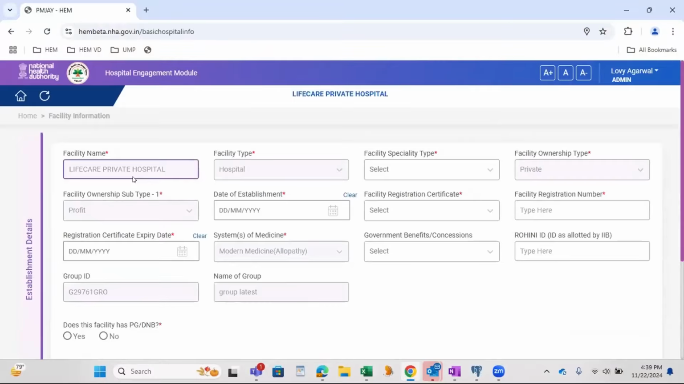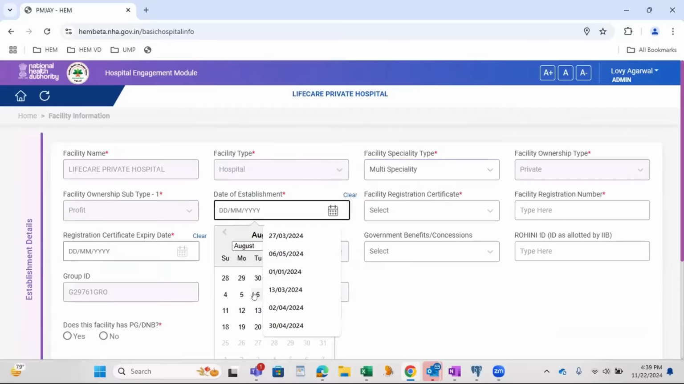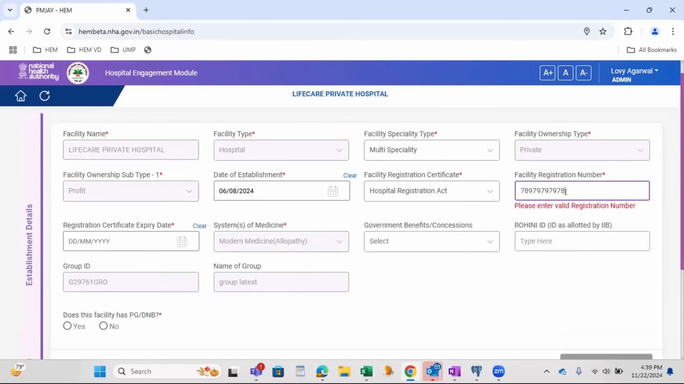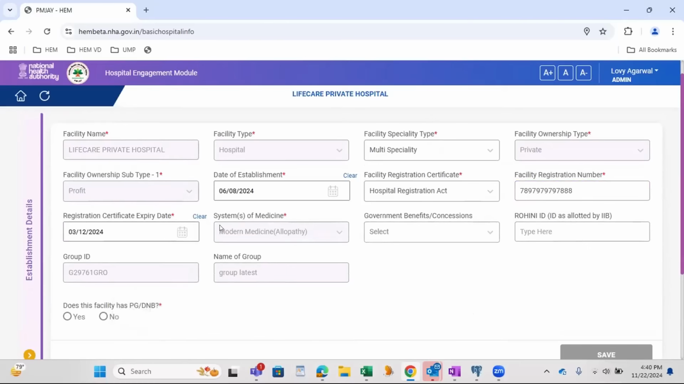So I was telling this, this is the page. We are filling the mandatory details. Registration certificate expiry date. The system of medicines is populating from HFR. Government benefits and concession. Rohini ID, we can enter. Does this facility has PG admin? The moment all these details are entered,